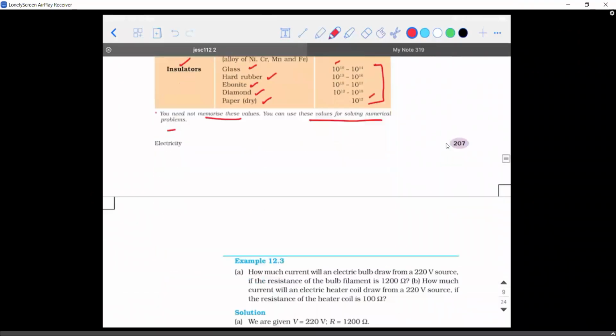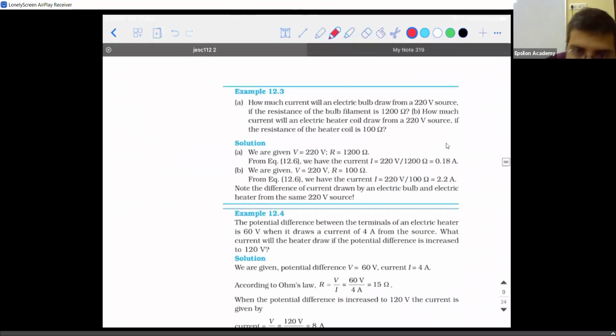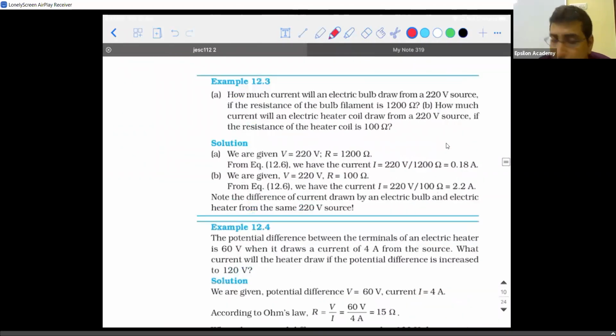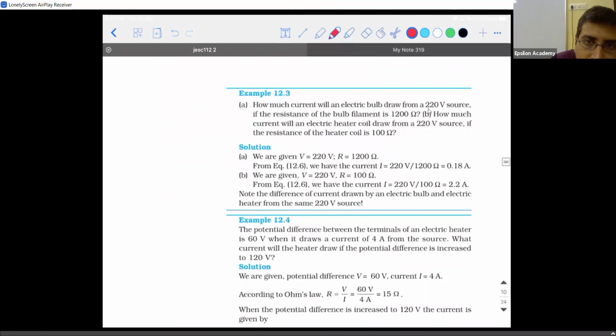Okay. So keeping all these points in mind, let's see how to solve problems. Shall I proceed? With the hope that everyone is clear with the concept, I'm proceeding. Yes, sir.